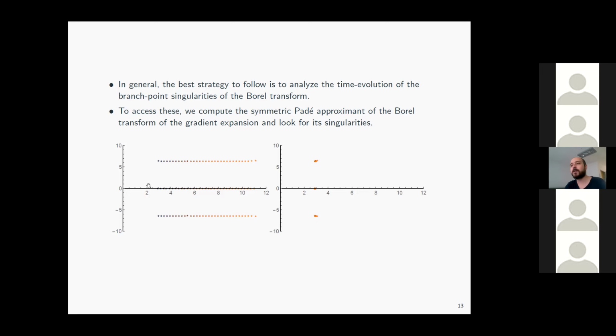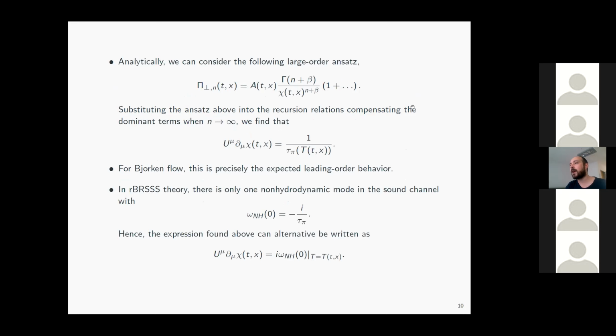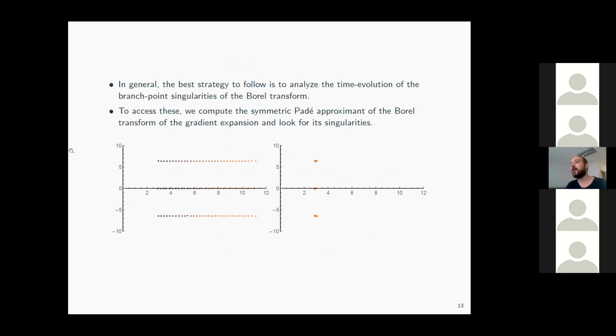So for the initial data that I presented to you, at the initial time, you have this dominant singularity and these other two complex conjugated subdominant singularities. And what you see is that as time goes by, as you move along your flow to the future, these singularities move. This is represented by the progressively more orange color of these points in the plots. And if you believe that this equation actually describes what is going on, you would see that these singularities, which correspond to chi, have to move in such a way that the imaginary part stays constant while the real part increases in a particular way. And this is precisely what you find.